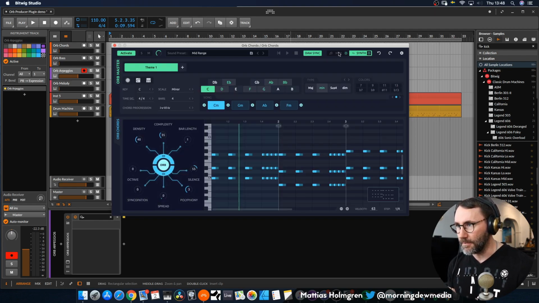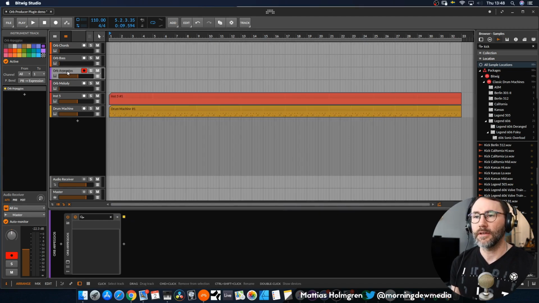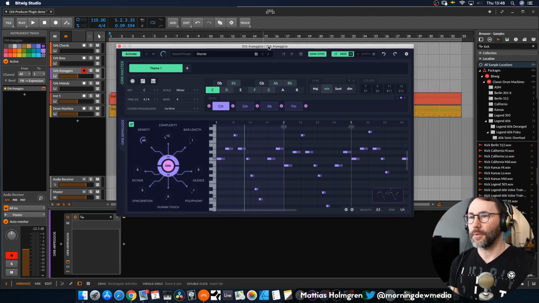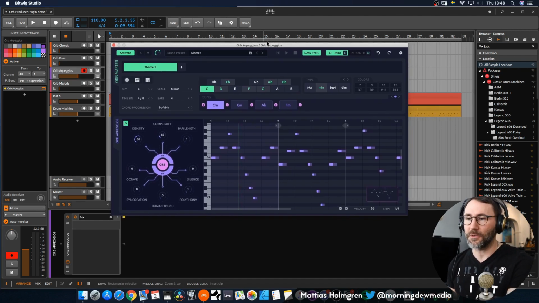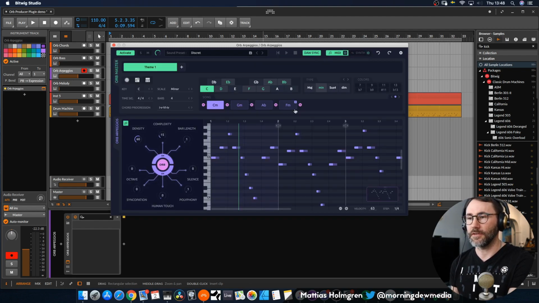So let's go back to the MIDI tab here and look at our first example. And I will actually load up the Orb arpeggiator here, because we have a quite interesting arpeggio going on here. And I am using the internal synth engine of Orb Producer to generate the sounds of this MIDI.